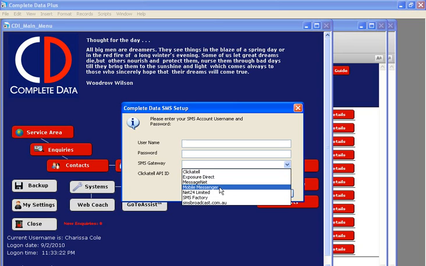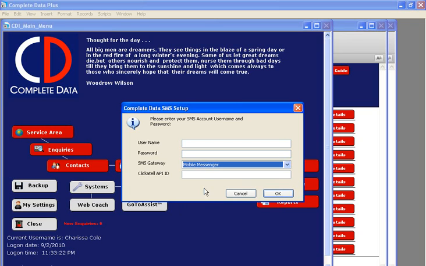So the company that you've chosen will appear in this list, as these are the only compatible companies. So if you do require some further information, you will need to research these companies as such. We'll just select Mobile Messenger and populate the rest of the relevant information. I'm just going to click Cancel,